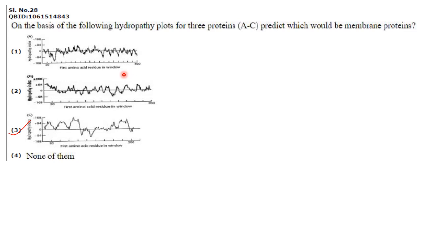Now if you see this plot, you can see that there are some amino acids which are above the basal line, some which are below the basal line. Those above the basal line are hydrophobic, that is they have positive values for hydropathy index, and those below this 0, that is this basal line, are hydrophilic or water loving amino acids, and